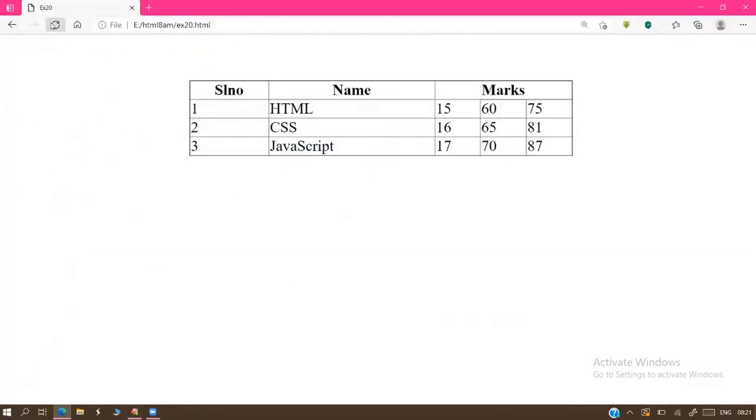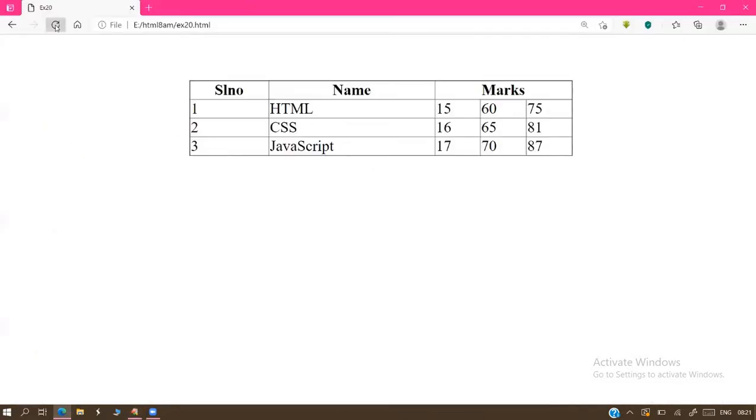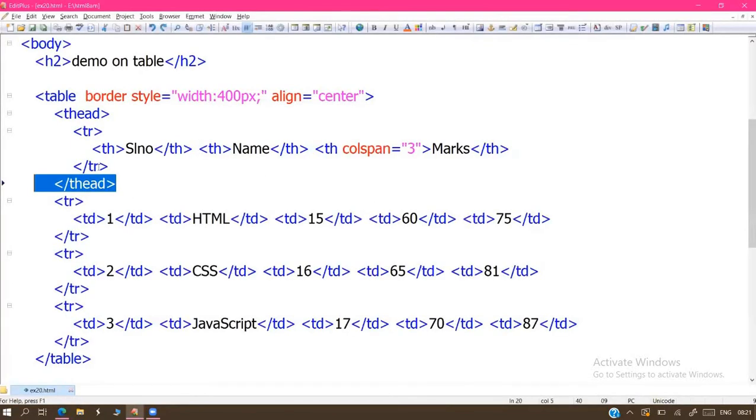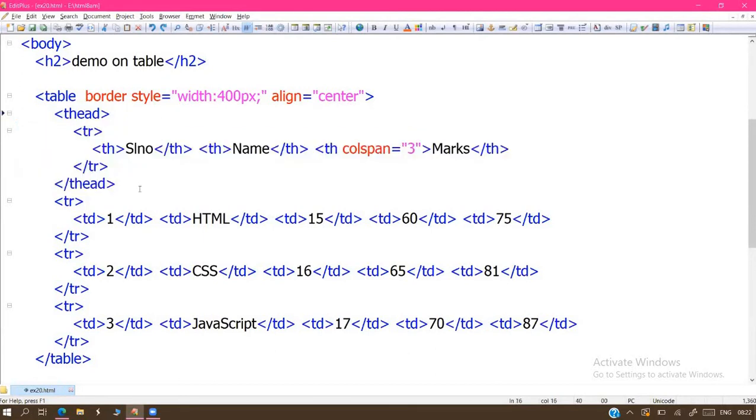Remove that one, we still get the same output. Place it back, we get the same output. See that? What is it used for, sir? Logical partition: dividing the code for better understandability and readability. We are just dividing the code for readability and understandability.